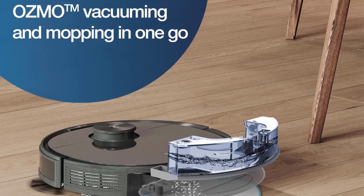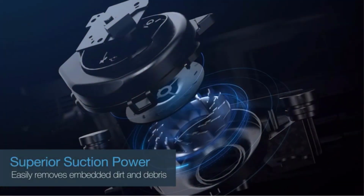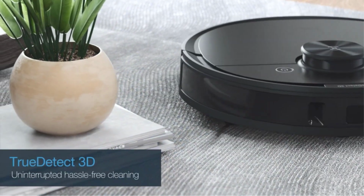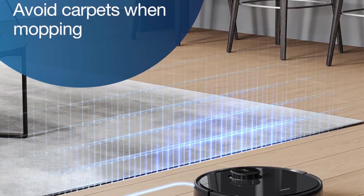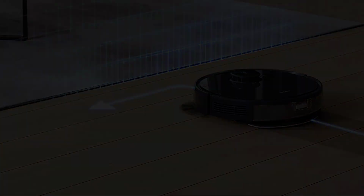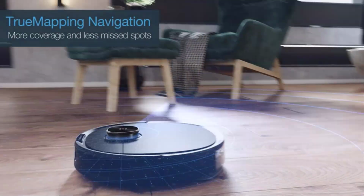In other words, you can come home to vacuumed rugs and carpets and mopped hard floors, without having to lift a finger. While there are other picks that offer this, like our best for pet hair, the Shark Matrix Plus 2-in-1 robot vacuum and mop, we still want to call out this feature because it's so smooth and efficient. Once it's up and running, there's a QR code to scan and an app to download. This machine methodically maps out the floor with its laser navigation, creating an efficient path for itself and avoiding large